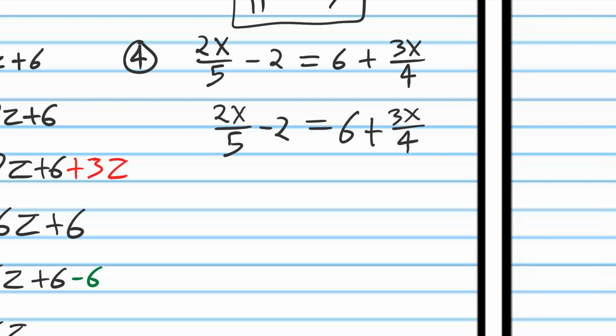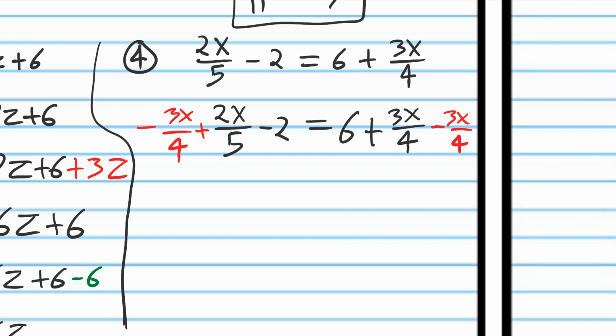So I rewrote, and I'm now going to subtract 3x over 4 from both sides because I know that will give me a positive coefficient on the x's, and I'm going to put a divider line. If your work starts to run into previous problems, then just put a divider line. That'll help. All right, so minus 3x, and so now on this side of the equation I'm left with 6,